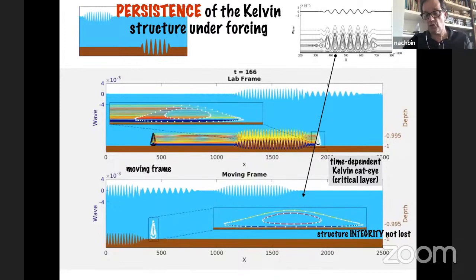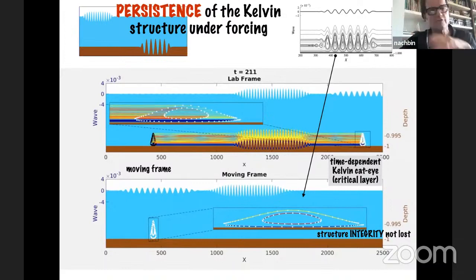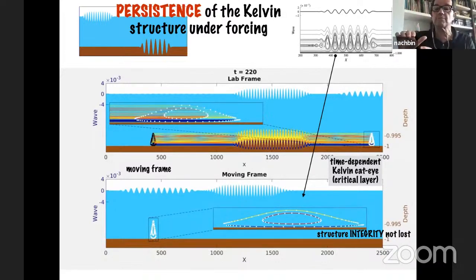We have actually a case where we do a rapidly varying topography. This is not so rapidly varying, basically because it's a large scale. In the rapidly varying topography, you lose this sort of material curve integrity, but it's beautiful that at the end, when you come back to the flat bottom, it sort of recombines itself and it merges.